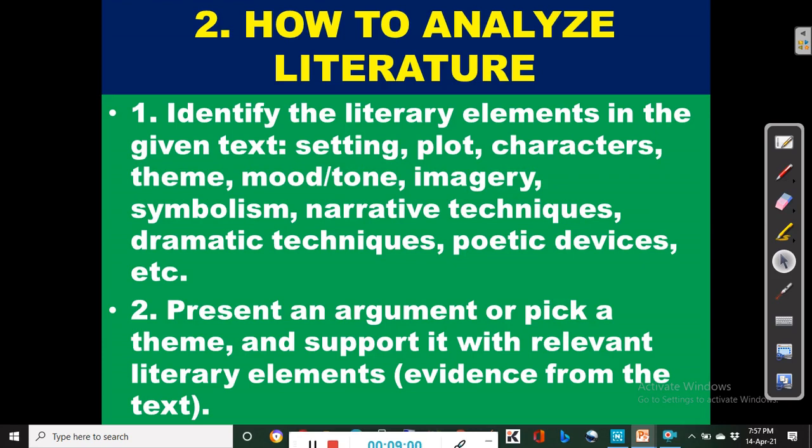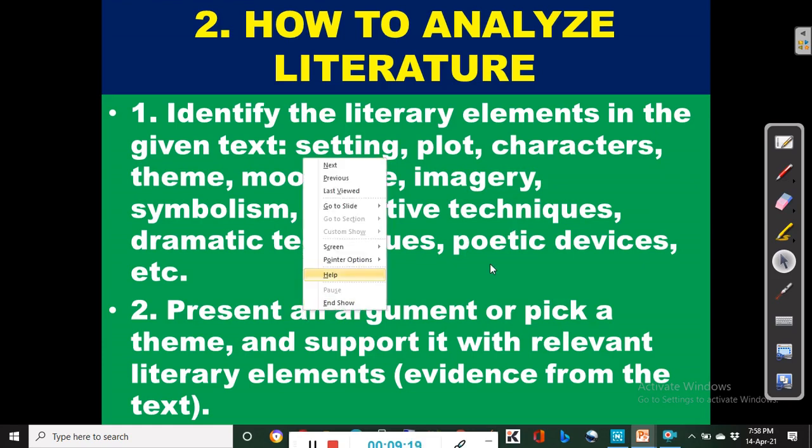Which universal behaviors are projected? All right, which social issues are raised? All right, so those are the things that you need to critically look at when you are analyzing literature, not